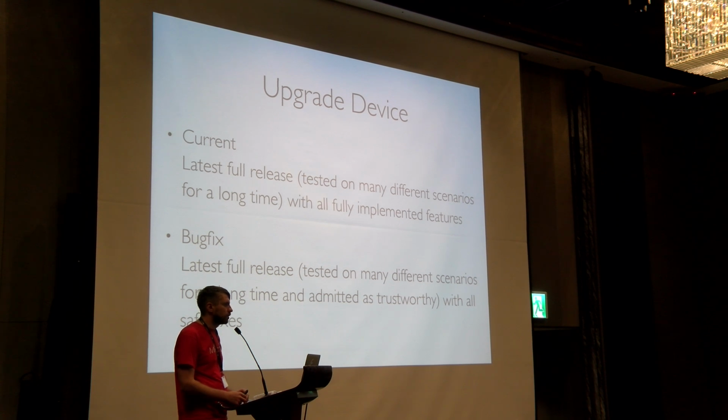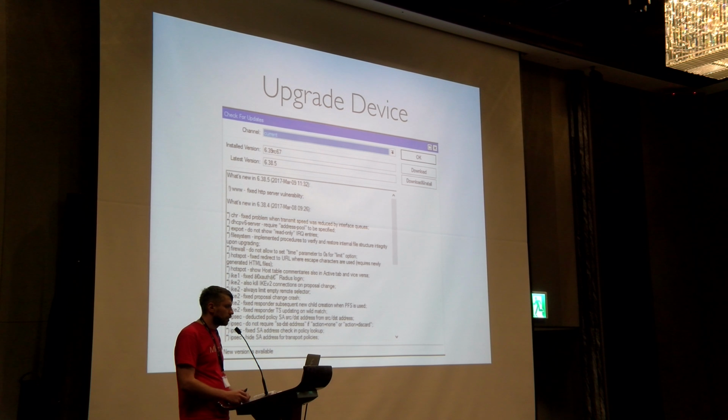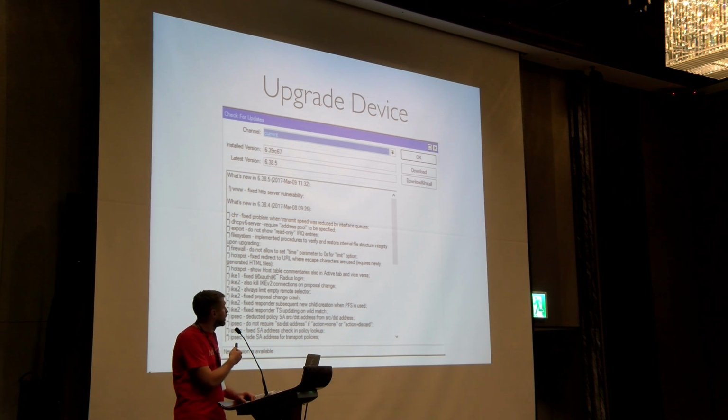versions. So we have 2 types of RouterOS version, and one is the current. In current we have all the latest software features included, and then we have the bug fix version that includes all the fixes. So if you find some major issues in the current version, we include those fixes in a bug fix version. And during the upgrade, you have an option to select the channel. Here in the slide you have the channel current,